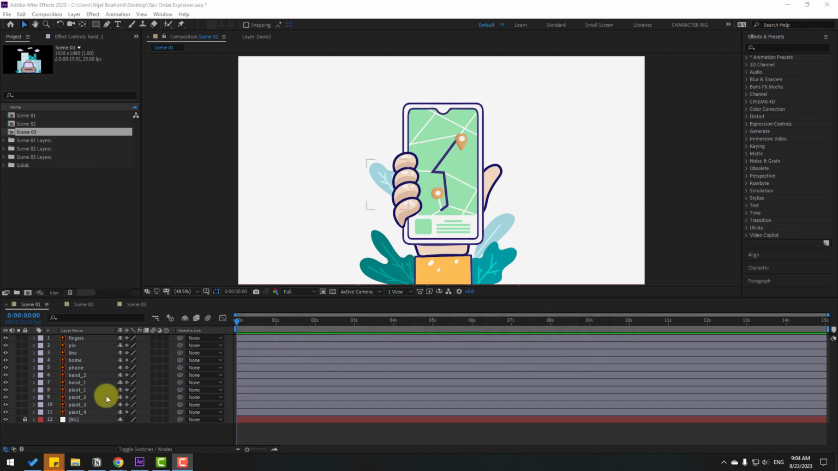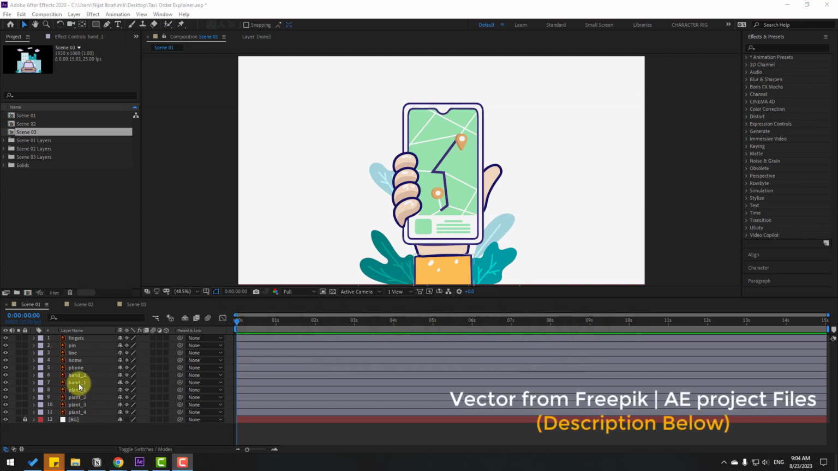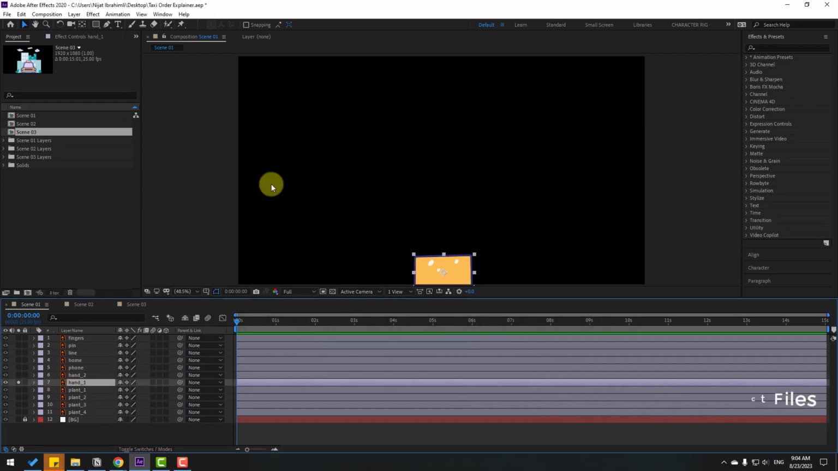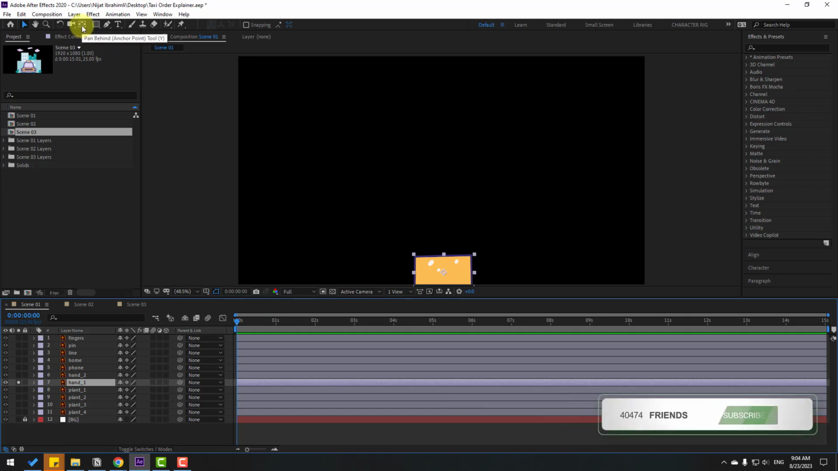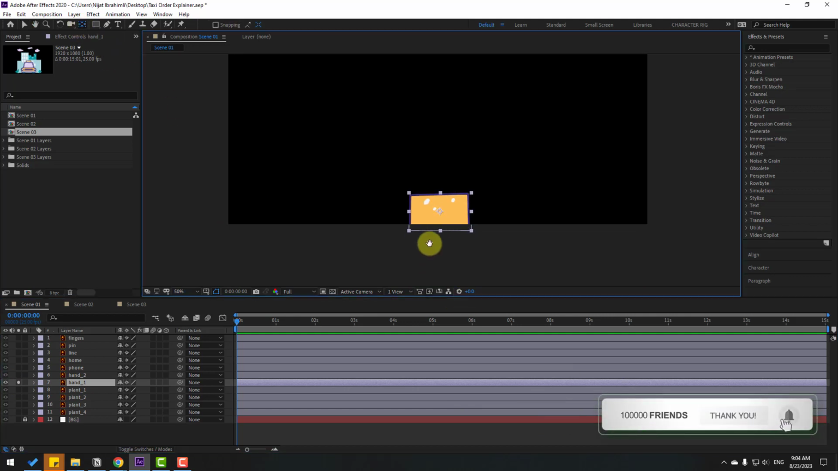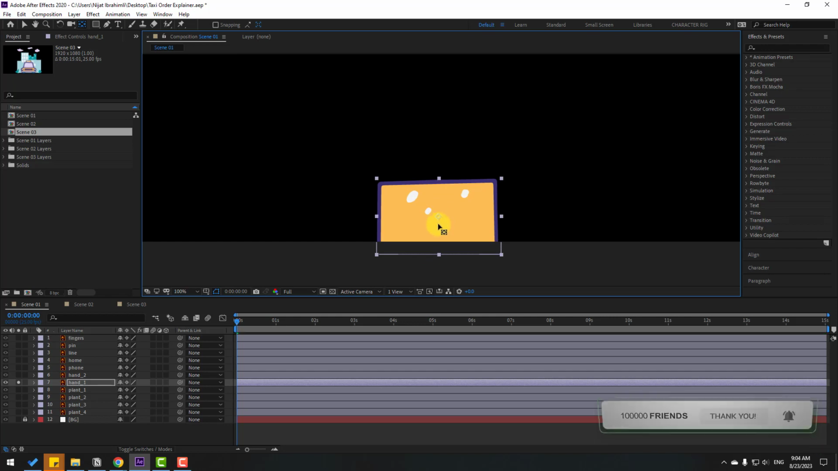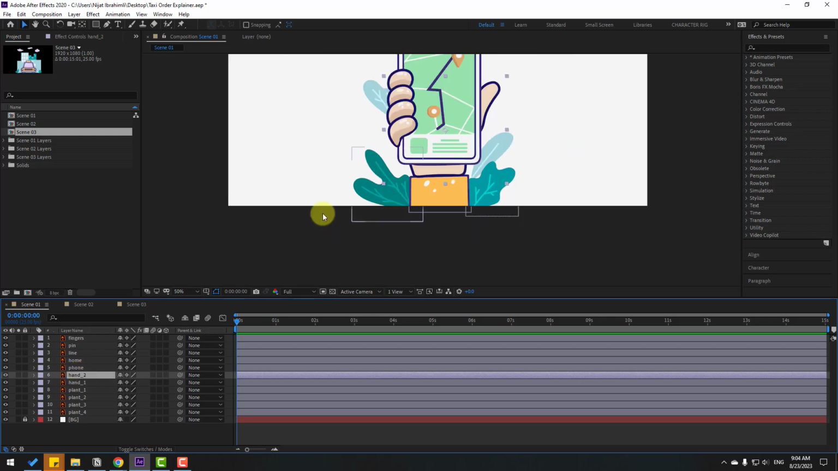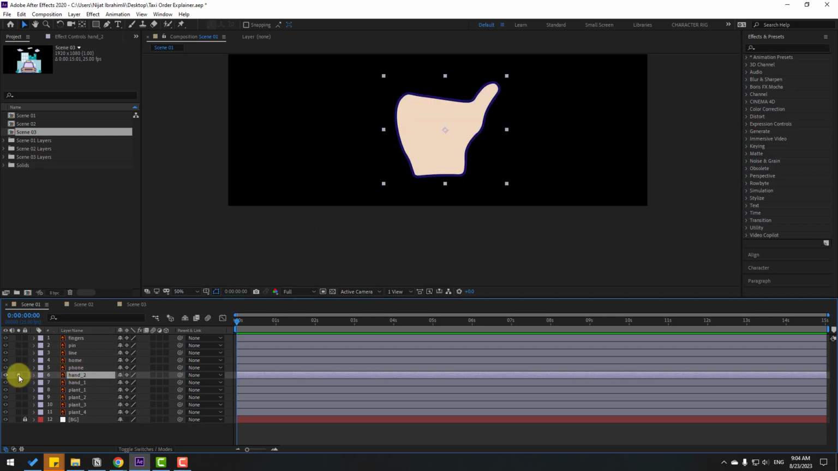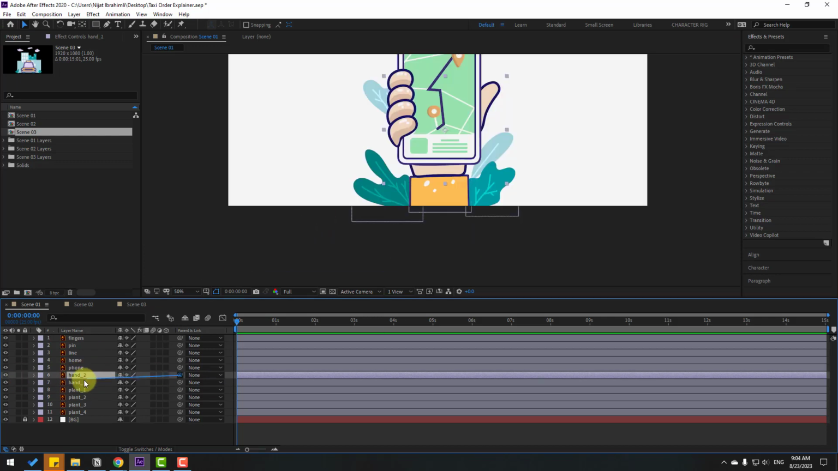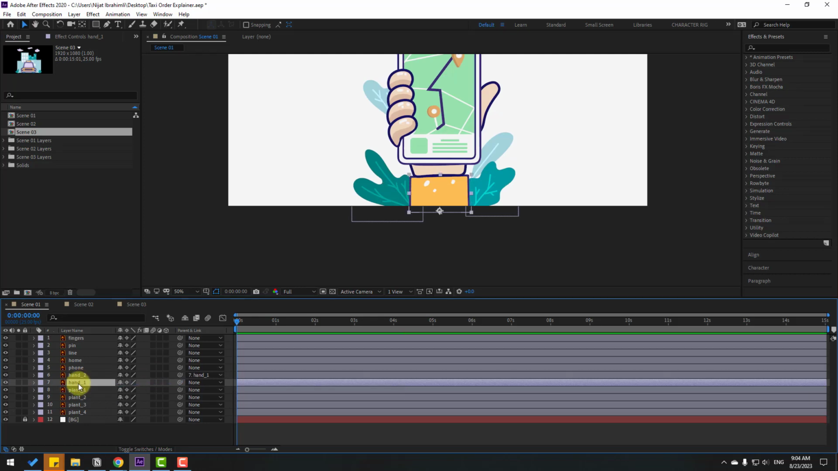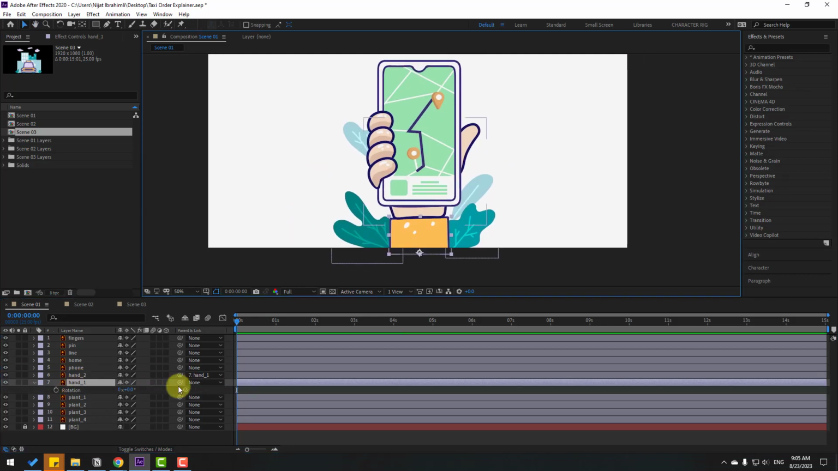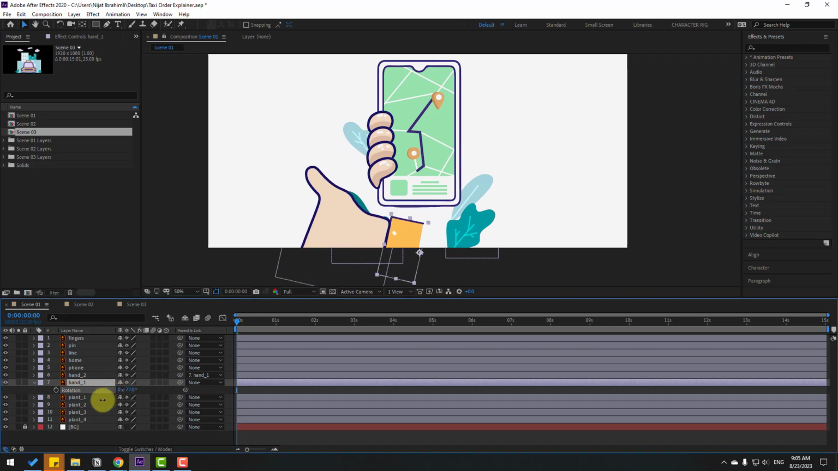So guys, welcome back. First, let's select this hand 1 layer, go to solo and go to the pan behind tool and move the anchor point down, then click the selection tool. Solo, select this hand 2, let's go to solo. Okay, let's link to hand 1, select hand 1 and press R to open rotation, change rotation like this